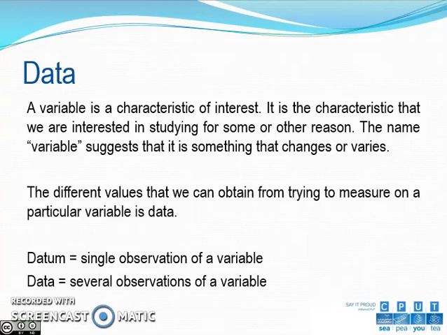And the word variable is important there because data is something that changes. If it was something that stayed the same, we wouldn't repeatedly measure it. So we expect to see it varying, and that's why it's also referred to as a variable. And datum, of course, is the singular, and data is the plural